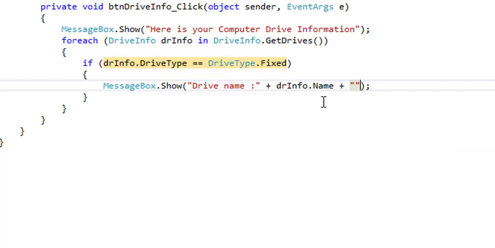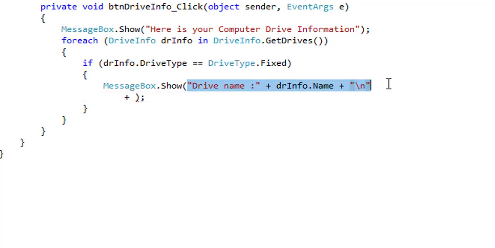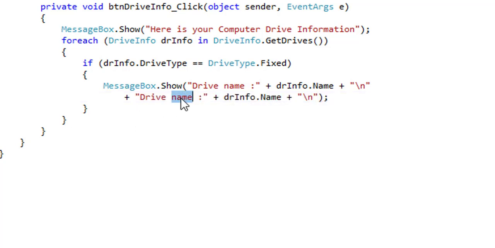I will add a \n to move the information to the next line. Plus, I am copying this line. Here I will write drive label, dot VolumeLabel.